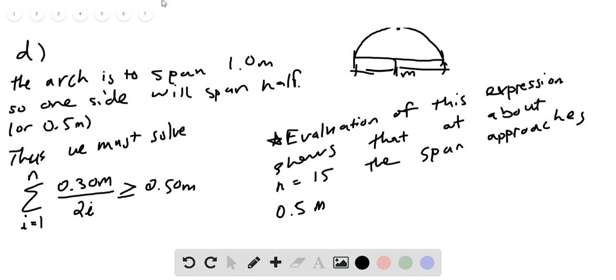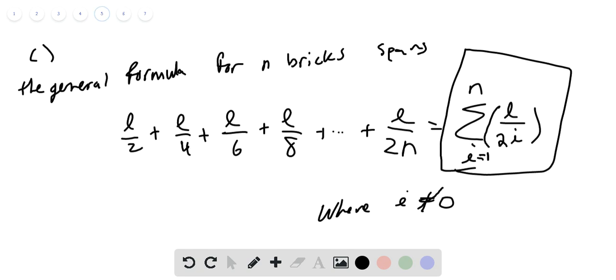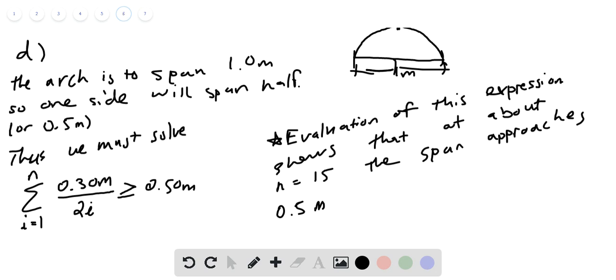So basically what we have to solve is, since we were given a general length before, it was always just L. We were never given a number, but now the problem has told us what minimum number of bricks, each being 0.3 meters long and uniform, is needed if the arch is to span a meter. So given this length, L equals 0.30, we can just plug that right into our relation that we found,